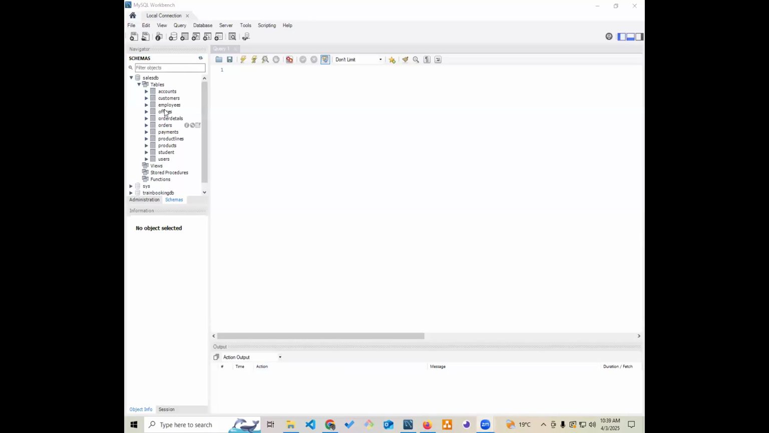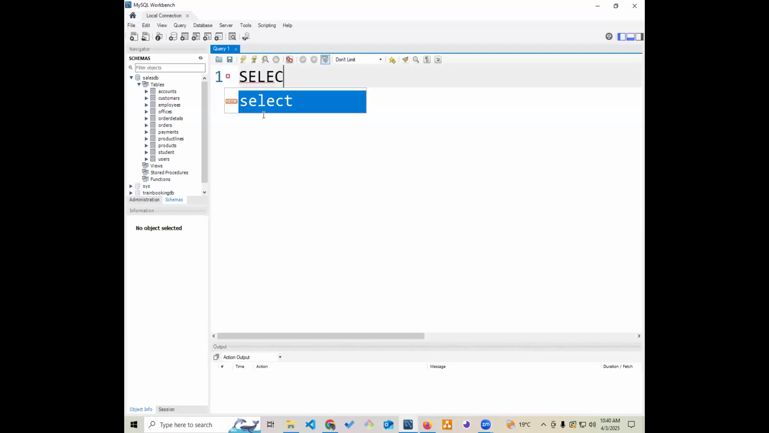So yeah, this is our table, right? Let me zoom in. Okay, let's start with the employees table. We have the employees table. So I'll write a command. I'll turn on my caps lock, select. Okay, it's not writing. Select